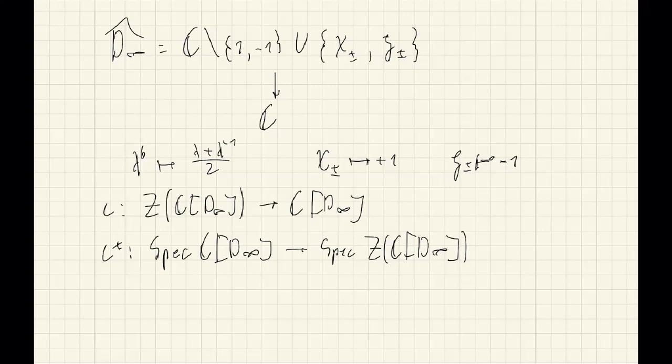So centrum always acts by a character on an irreducible representation, and we map irreducible representation to central character. We call this map also iota with star, and